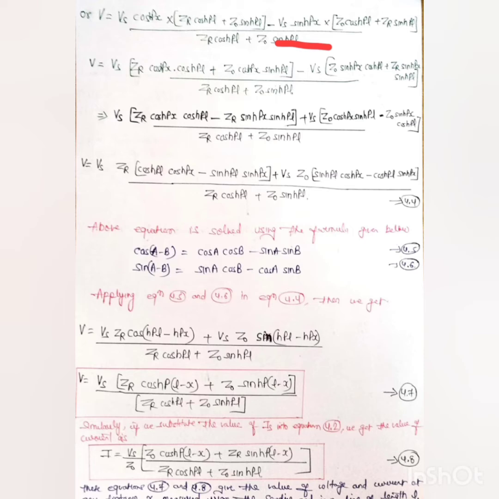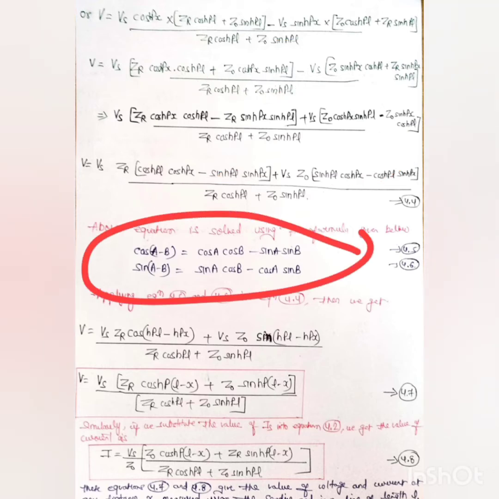After taking common on both sides, we get the formula cos a cos b and sin a sin b. As this is nothing but a Zr component, and this is also Zr, we need to take out the common from Zr and Z0, and after taking the common from Zr and Z0 we get this expression. And we know there is a formula given here: cos(a minus b) is nothing but cos a cos b plus sin a sin b, and sin(a minus b) is nothing but sin a cos b minus cos a sin b.